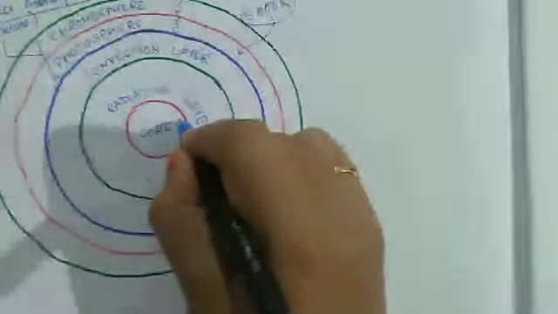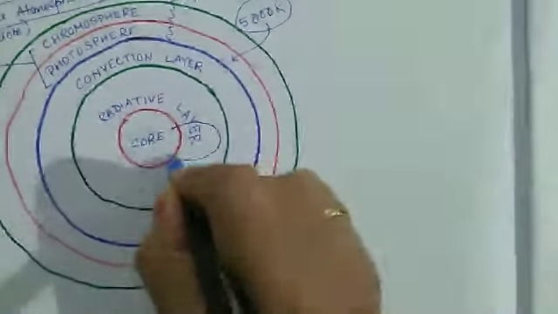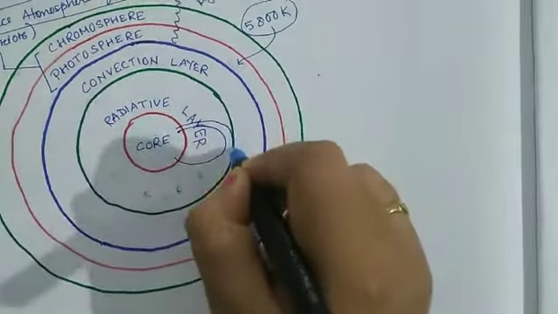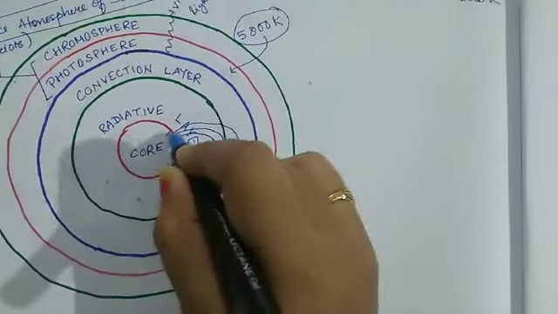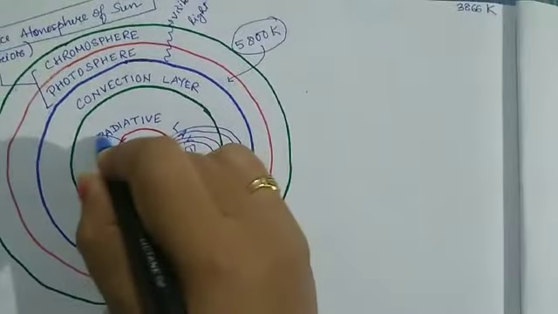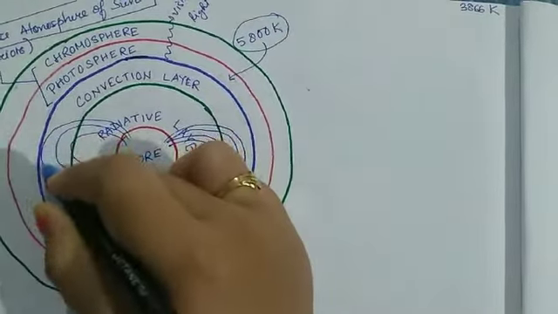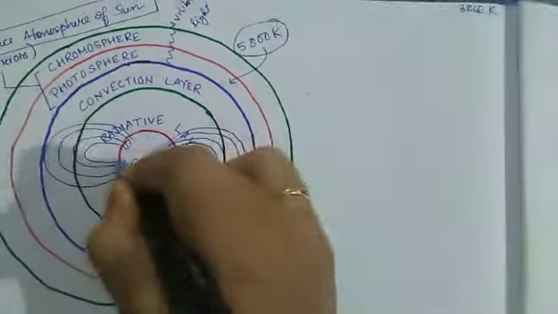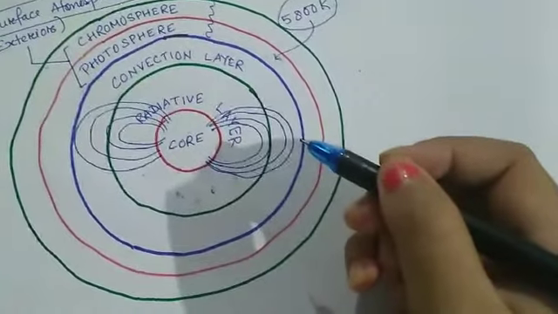So you can expect that there will be some kind of magnetic field lines coming out like this, and like this. There are so many magnetic field lines like that, twisted. This is just a representation, don't take the diagram very seriously, it is just as well as I can show you. So magnetic field lines are there.